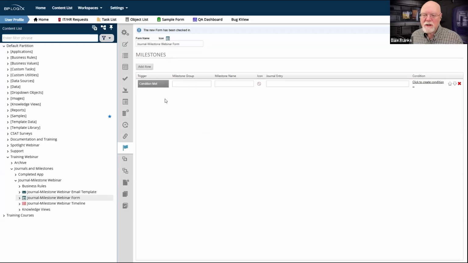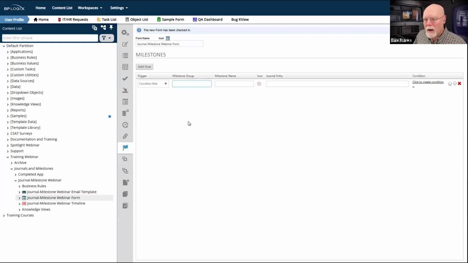And I'm going to need to specify the condition under which I want this trigger to fire. In this particular case, it doesn't matter whether I choose form event or condition met, because either way, I'm going to have to use the same condition, which is that the checkbox edit is checked. So condition met works, but I could pop it off on the form event too. So either or, we'll just use condition met in this example.